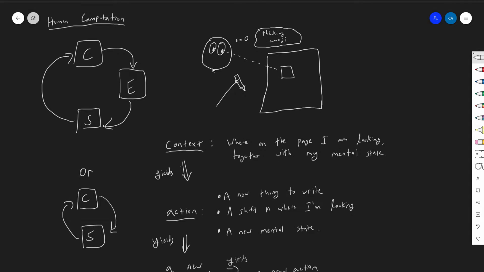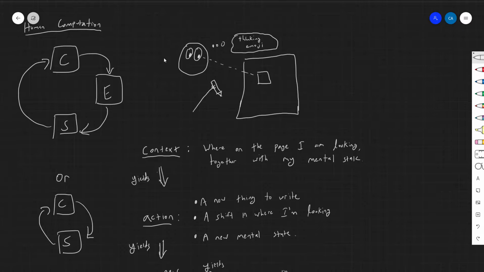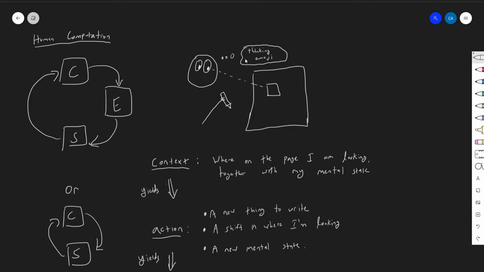If I'm doing this with a purpose, right? I'm multiplying two numbers. I'm row reducing a matrix. I'm searching for a word, right? This picture here is general, but this guy here is doing something specific. And what we're going to basically say is that for any particular task,